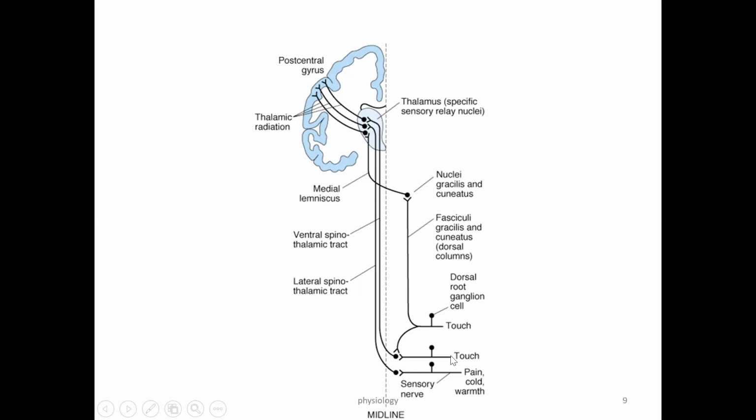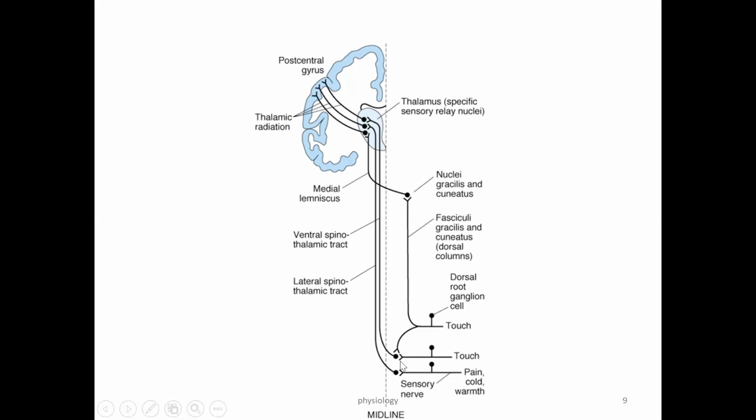While here in the anterolateral spinothalamic tract, if you see, from the receptor to the dorsal root ganglion, this is the first order neuron. From here, in the spinal cord only, they cross immediately to the opposite side. That means crossing takes place in the spinal cord, not in the medulla, in the case of the anterolateral spinothalamic tract. This carries crude touch sensation, then pain and temperature sensation. That we are going to see in today's lecture: the different first order neuron, second order neuron, and third order neuron.